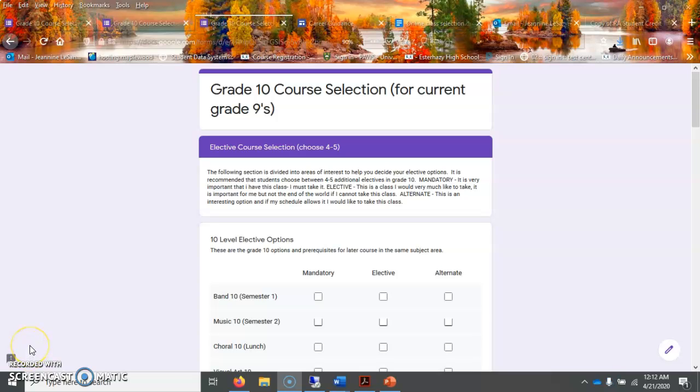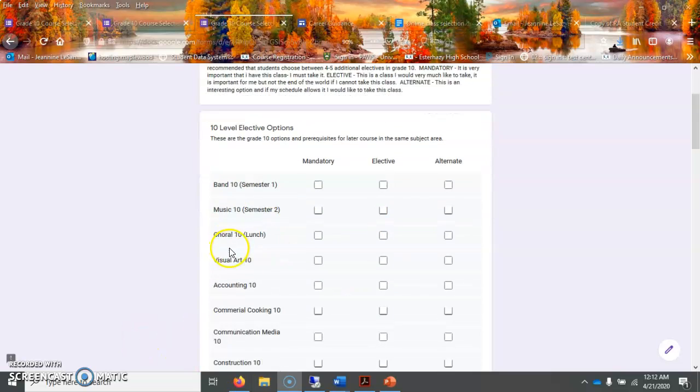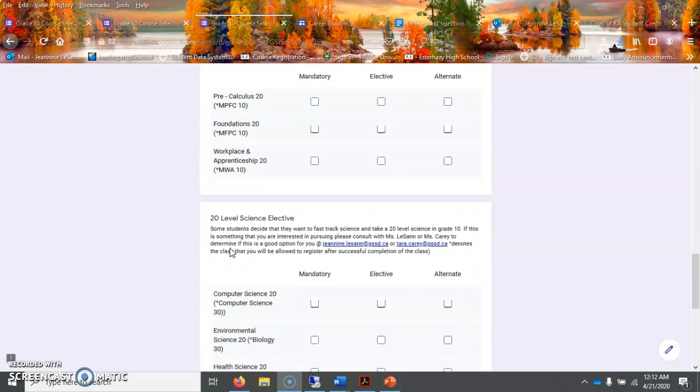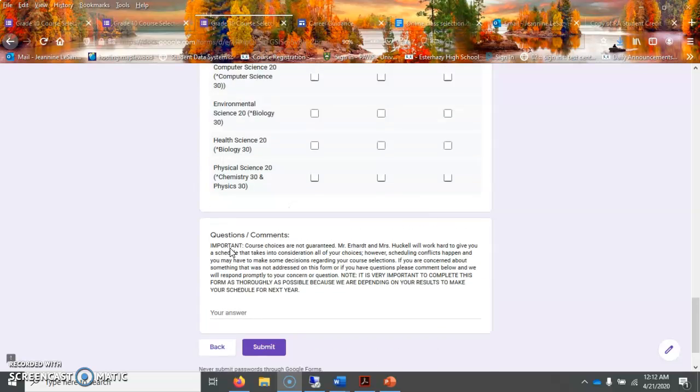Okay, so now we're going to look at the elective course selection. This is where you get to pick the classes that you want to take. We would ask that you choose 4 to 5 from this whole list. So all of these classes here, you're going to pick 4 to 5 classes total that you would like to